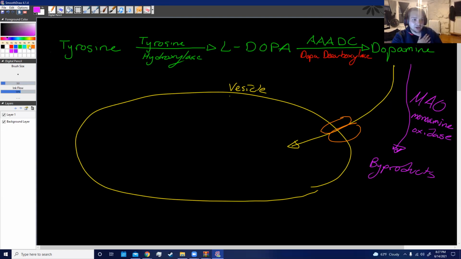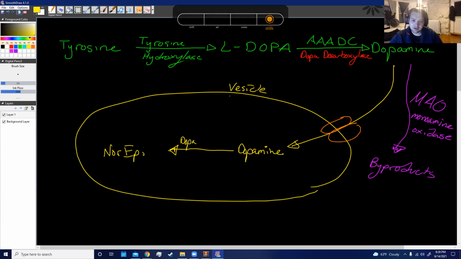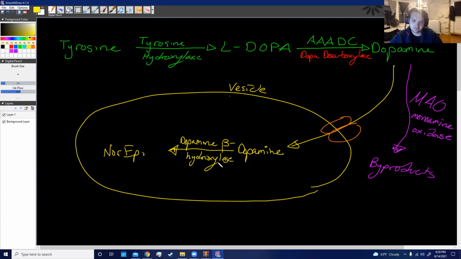So our dopamine has now been taken up into the vesicle. And dopamine is converted into norepinephrine inside the vesicle, done by an enzyme called dopamine beta hydroxylase. And now this norepinephrine is safely stored in our vesicle, waiting for the nerve stimulus to come in,